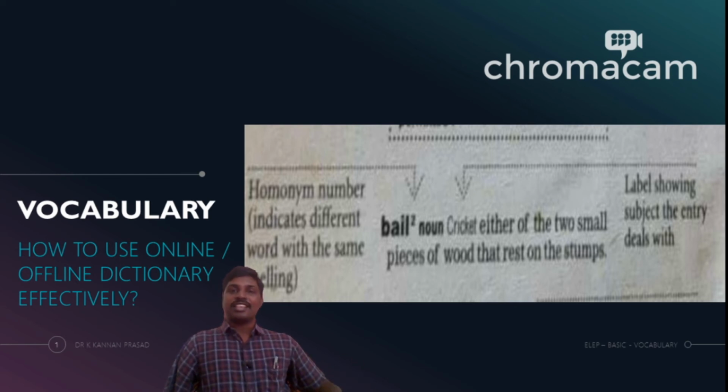So the spelling of both the words, which is used in judiciary term and also cricket term, is the same. They also have the same pronunciation, right? Bail, bail, but then the meaning completely changes. When you use it as a judiciary term, the meaning changes. When you use it as a cricket term, the meaning again changes. And that is what the dictionary is giving you a notification about. It says that the word bail has the same spelling, same pronunciation, but it can be used in two different ways.